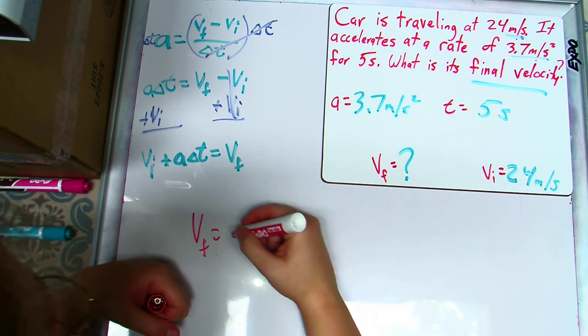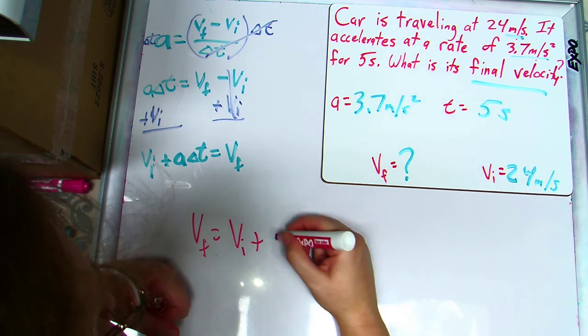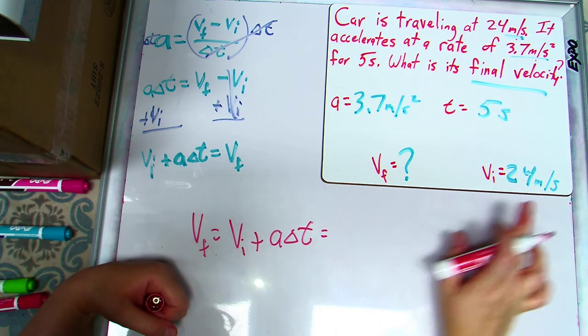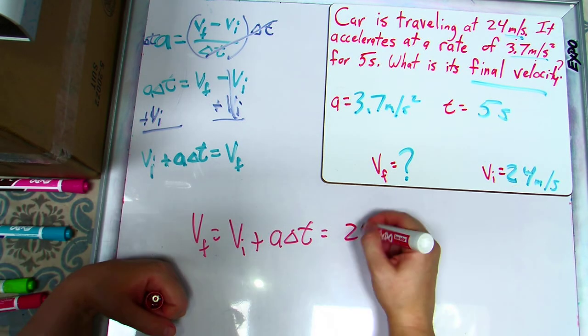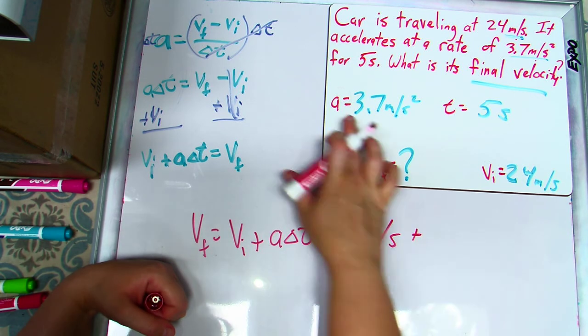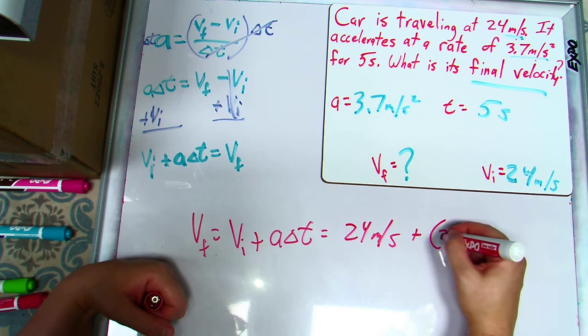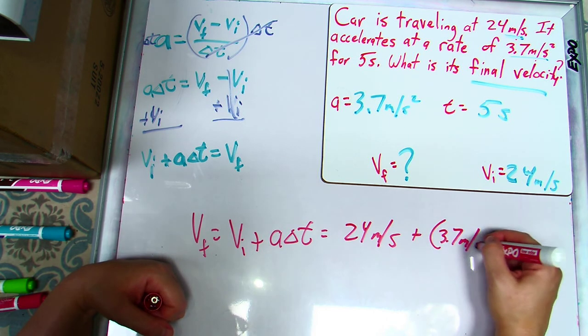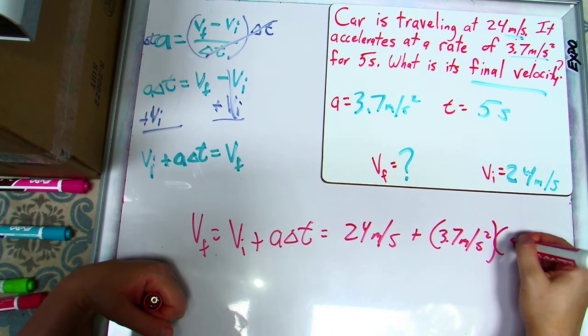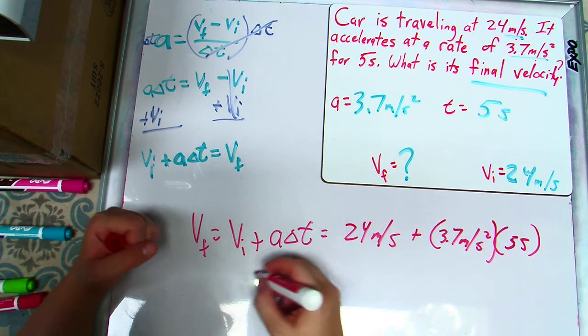VF equals VI plus A times delta T. My initial velocity is 24 meters per second plus the acceleration, which is 3.7 meters per second squared, times the time, which is 5 seconds. And we get